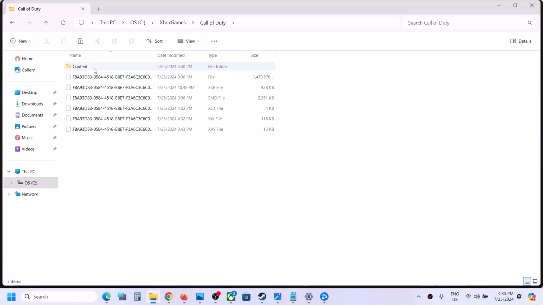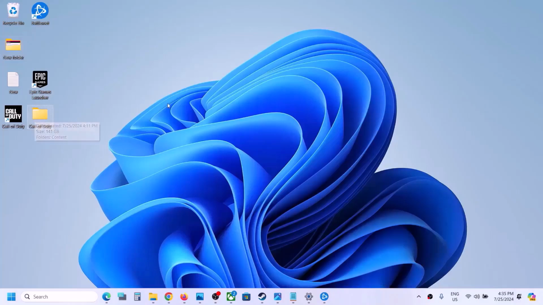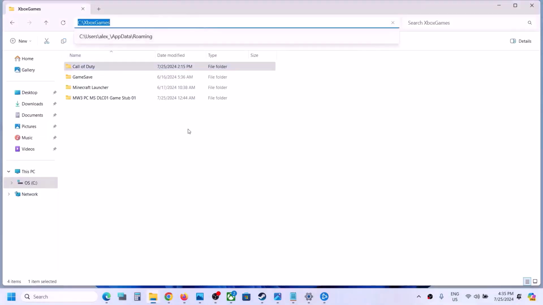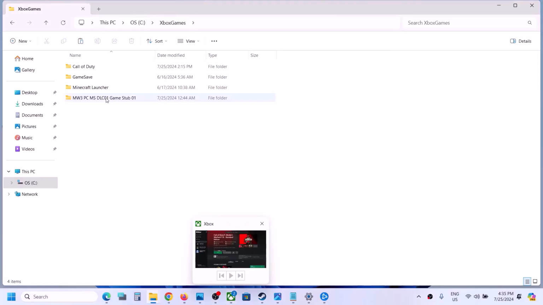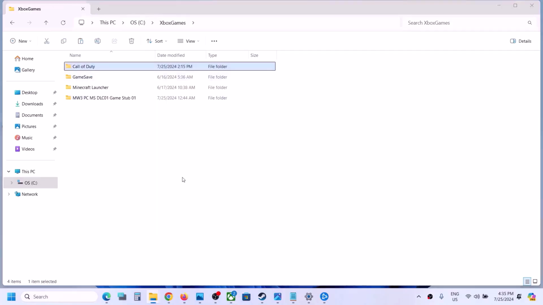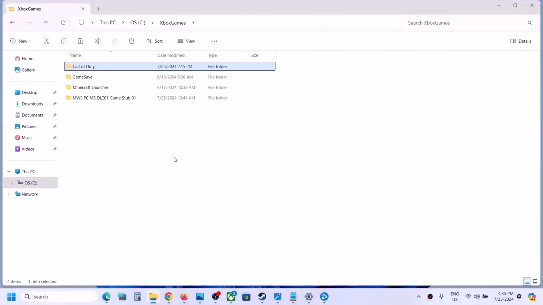Now you can create a backup of this Call of Duty. In my case, I've already created a backup. Because the game you installed from the Xbox app is here, you can just copy this and paste it on the desktop to create a backup. Once you have a backup, because we will make some changes, if something goes wrong you can always put it back. So open this Call of Duty